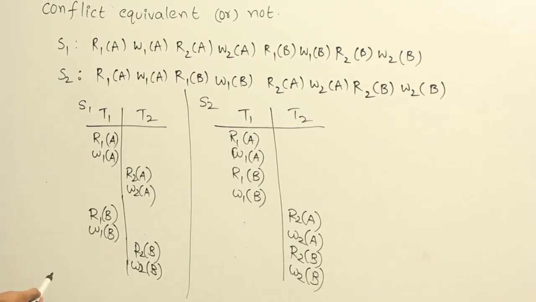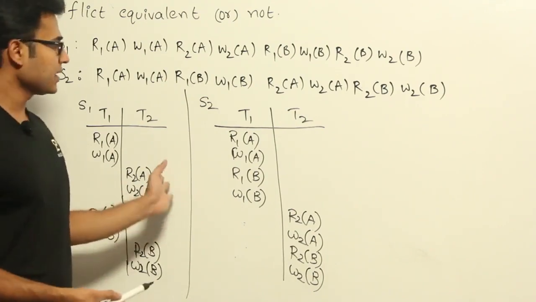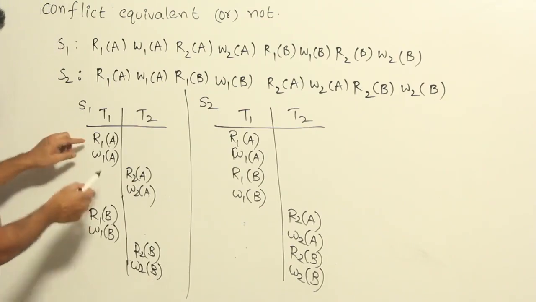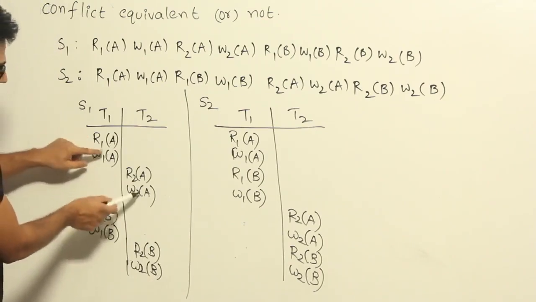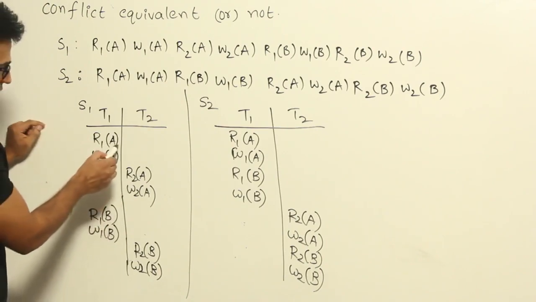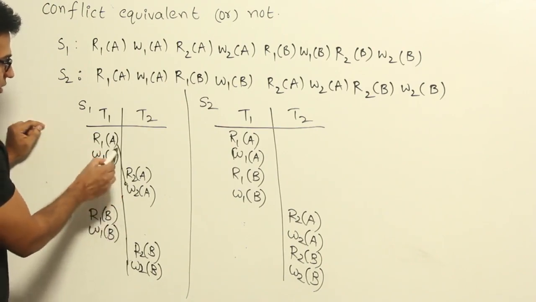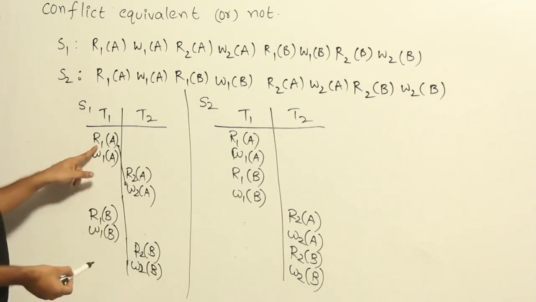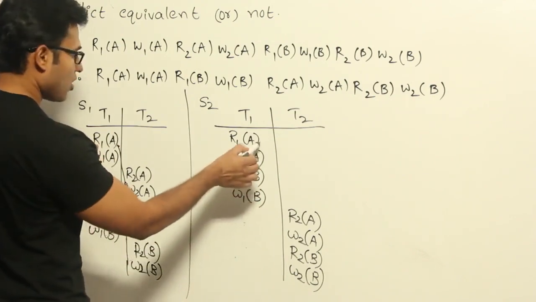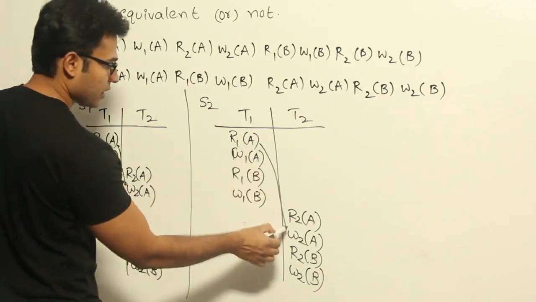Okay, now let's see what the conflicting actions are, and depending on the conflicting actions, let's compare whether they are in the same order here or not. Now if you see this, both of them are accessing A only. Here there is a read and here there is a write, so there is a conflict between these two, in which one is happening first. Here also there is a conflict between these two, R1 and W1 on A, and one is happening